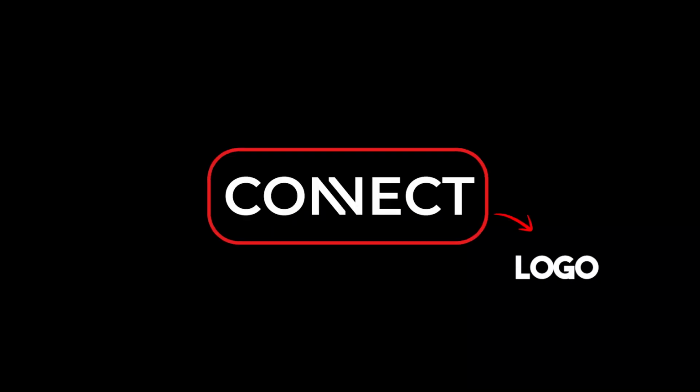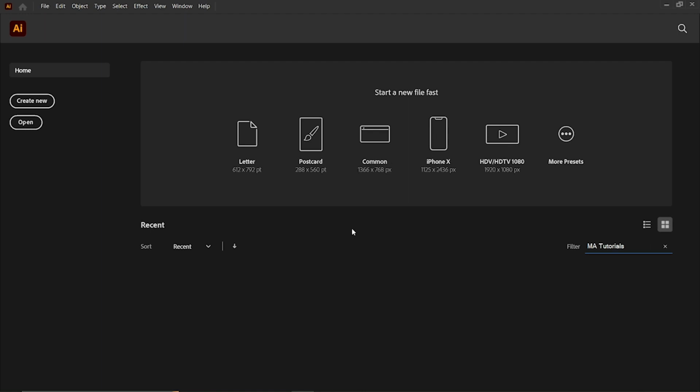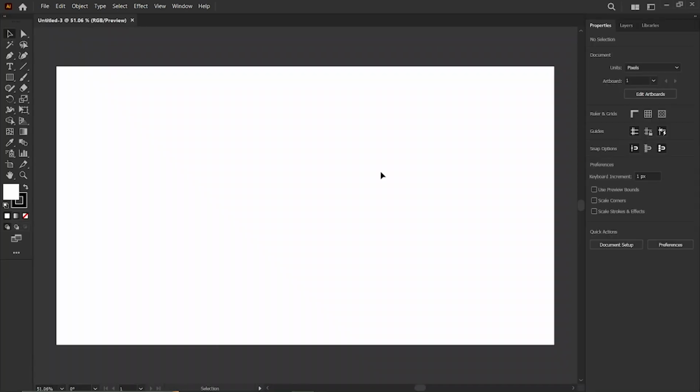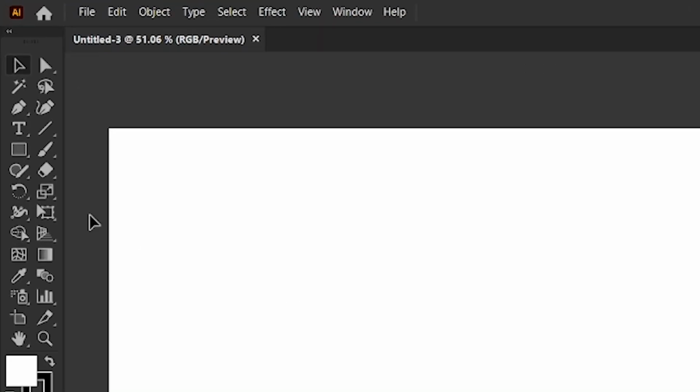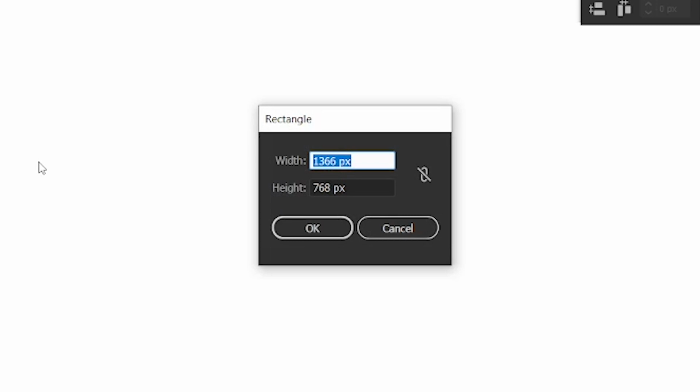We need to start creating the logo. For that, create a new common artboard in Adobe Illustrator. Then press Shift plus F7 to open a line tab. Then select the rectangle tool from the toolbar and create a new rectangle with width and height 1366 and 768